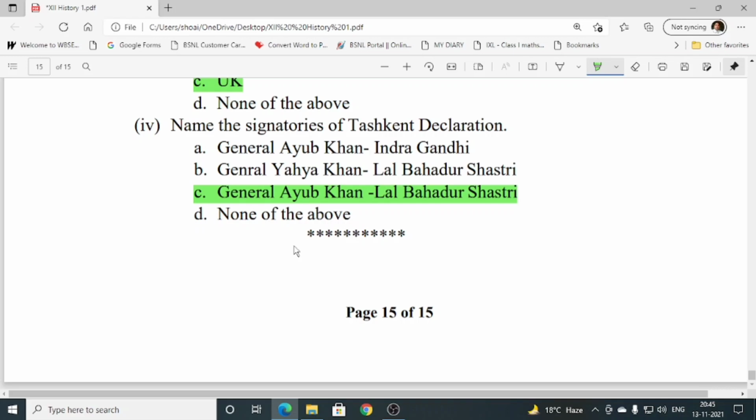So hope this video will help you a lot. If you have reached up to the last page, number 15, then definitely it will help you a lot. So this is the last of the MCQ questions from the series of 5 videos. So hopefully this will also help you a lot in your preparation, though the video is a little longer. Okay, so this much from today's video.